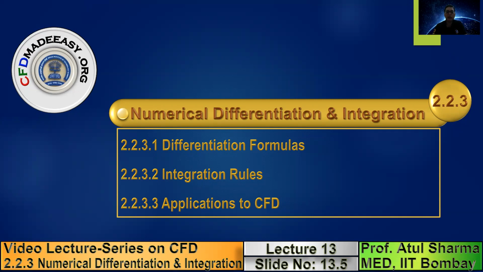from the CFD simulations. Note that after we solve the system of algebraic equations at internal grid points, we obtain flow properties. And from the discrete distribution of the flow properties, we have to calculate engineering parameters by numerical differentiation and numerical integration. So these numerical methods are used to calculate the engineering